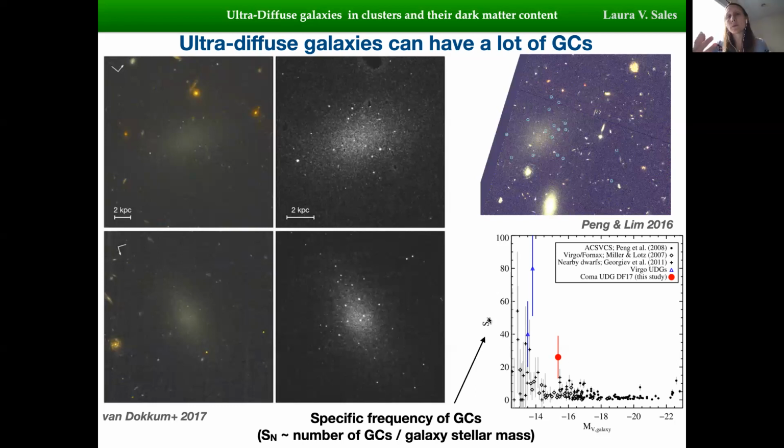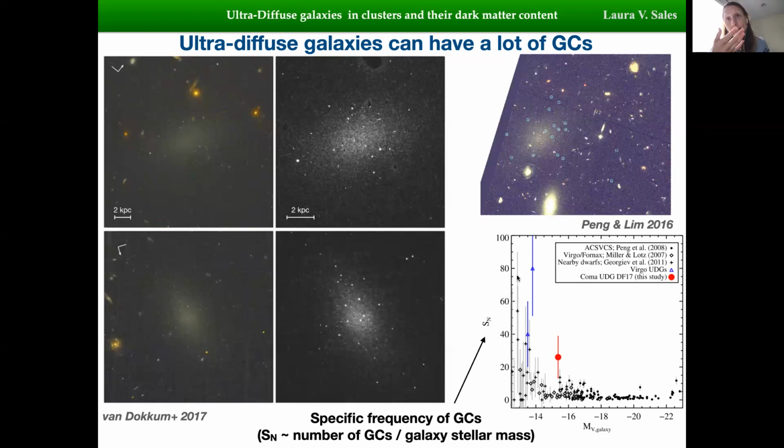SN is just an idea of the number of globular clusters normalized by the stellar mass of the galaxy. So this is plotted against the magnitudes. This is bright galaxies. Dwarf galaxies tend to have SN similar to more massive galaxies. Some of them seem to have an increased efficiency. However, these UDGs that are highlighted over here did really seem to stand out with crazy efficiency to form globular